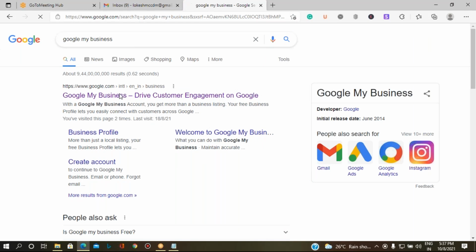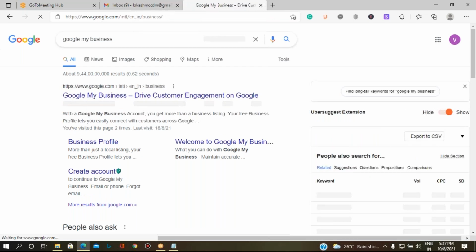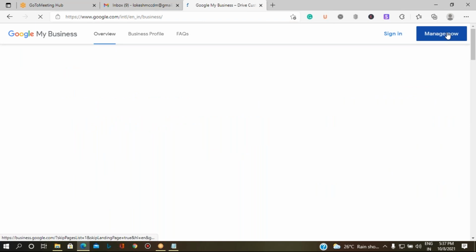The first link you can click, and then click on the manage now option so that it will start with your email ID.